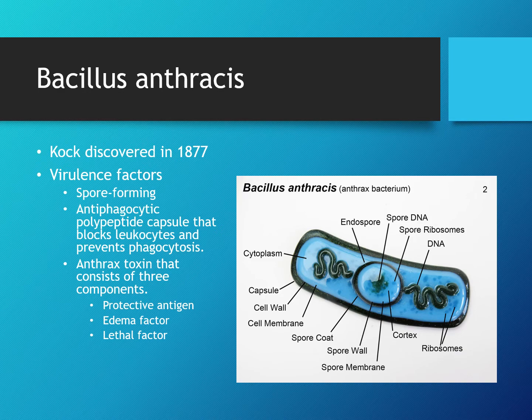And the thing about anthracis, the bacteria that causes anthrax, is it has some unique survival mechanisms. And one is that it has a capsule, and this capsule protects it against engulfment by host phagocytes,